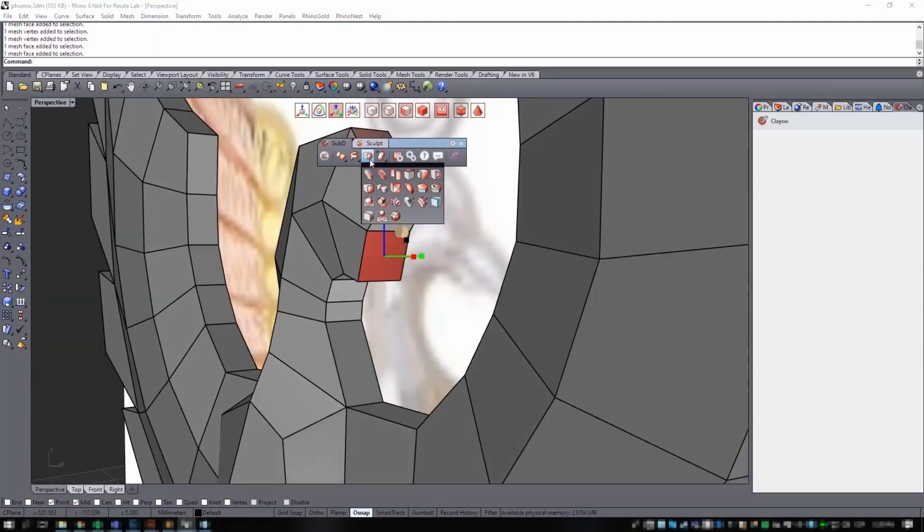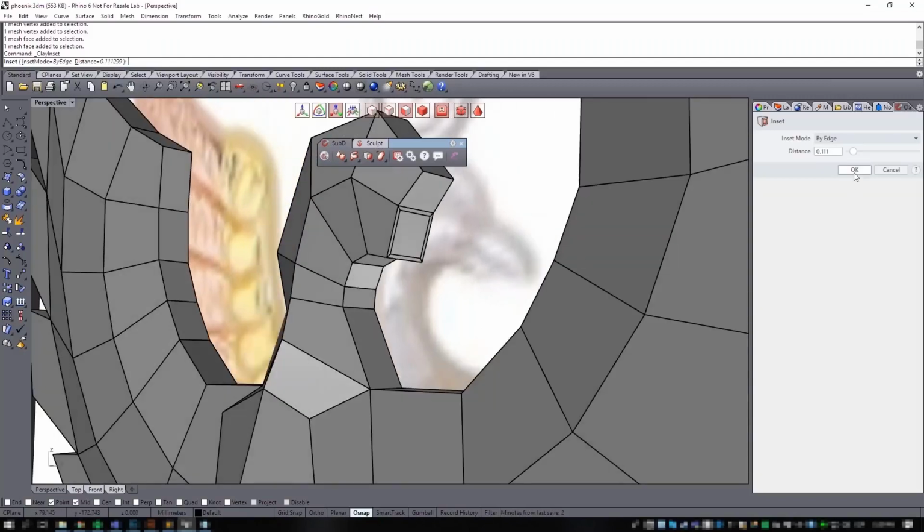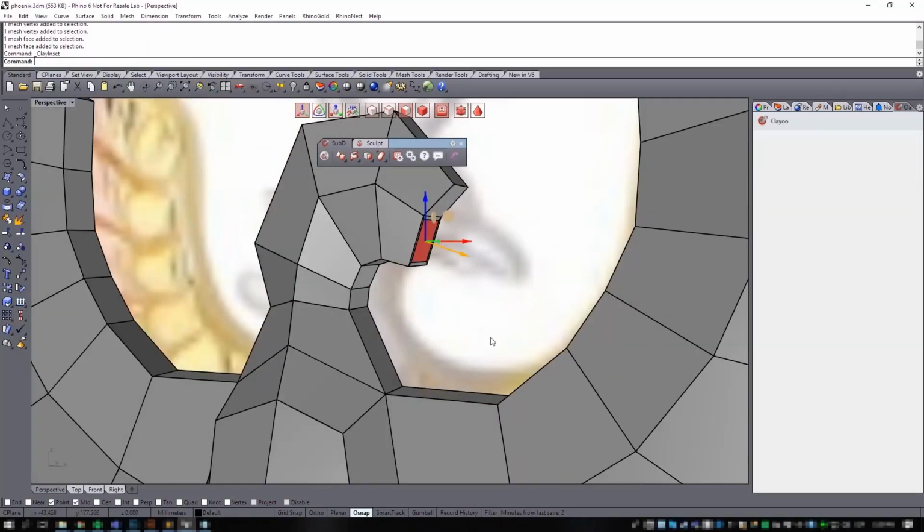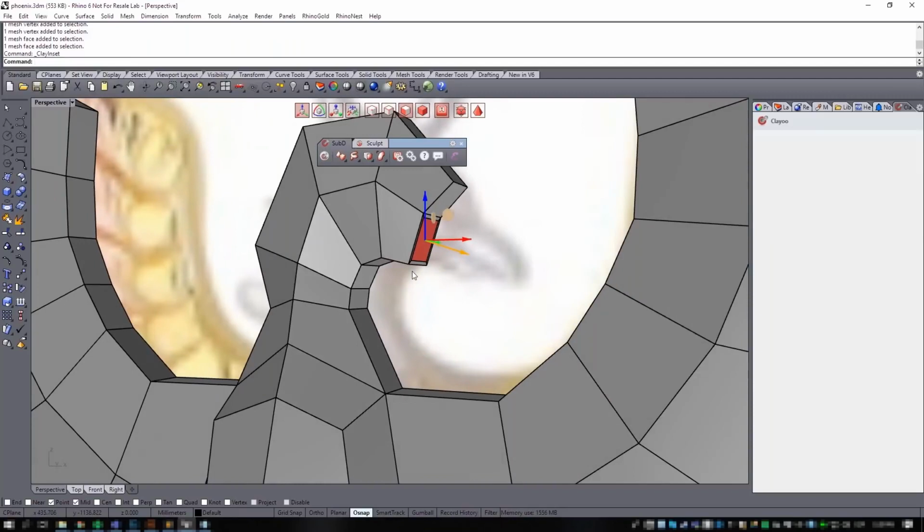I will create an insertion. So Edition tab and Insert. Okay, from here you can choose the distance from here on the right. So I will choose a really small size for this inset. Okay. All right, now with the move gumball, I will extrude that, the same that we did before